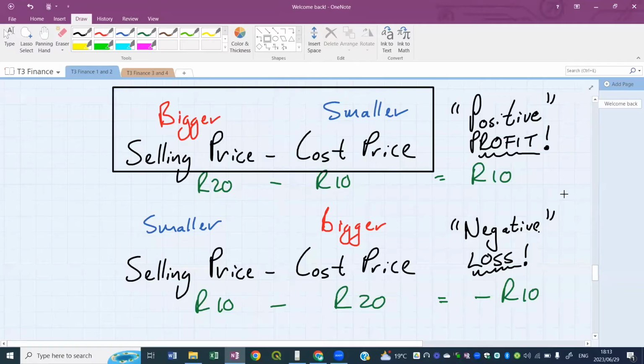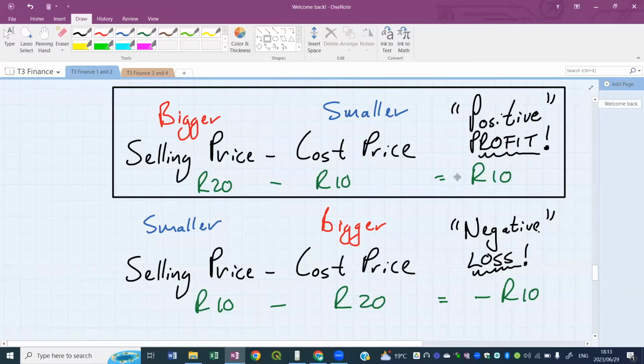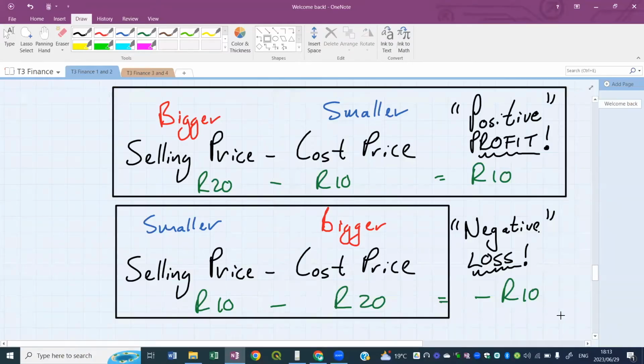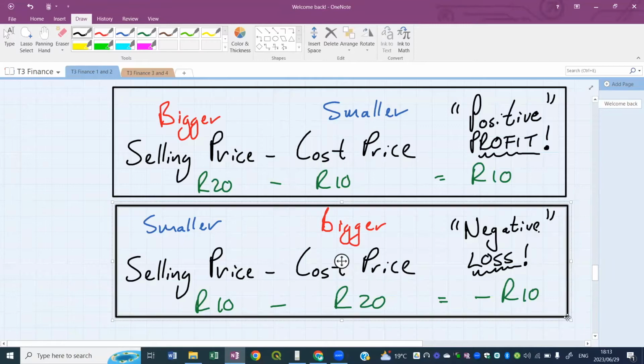So this calculation here, when you see the answer at the end, which is positive, you know you're making a profit. And when you do the calculation and you see the answer at the end is negative, you know you're making a loss. Okay, so it's the same calculation, but with a different answer, and that tells you if you're